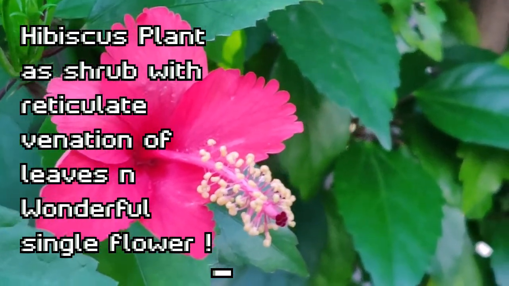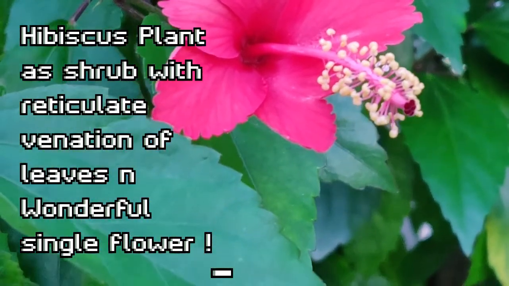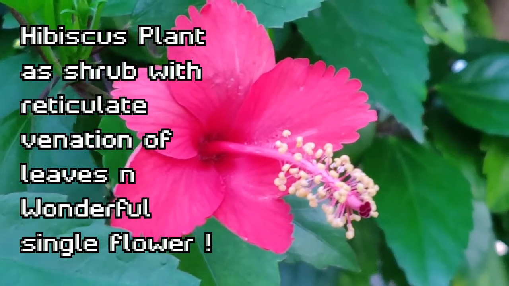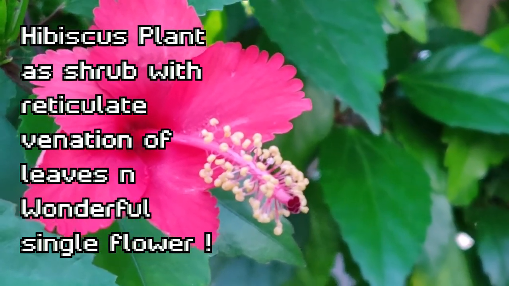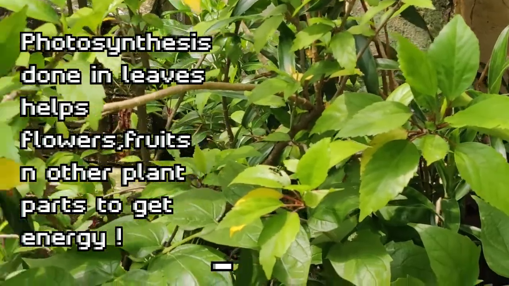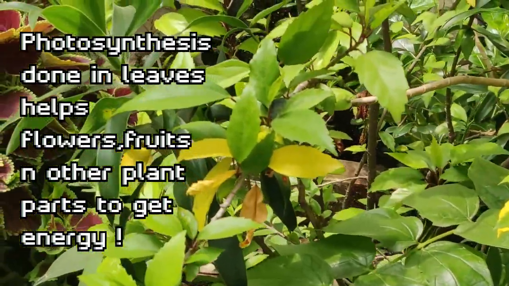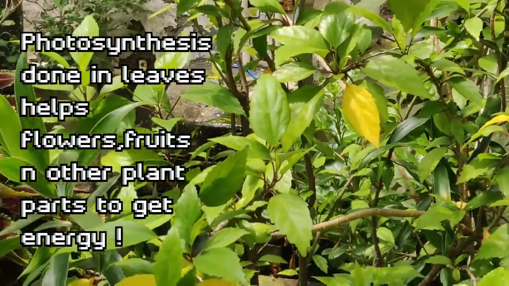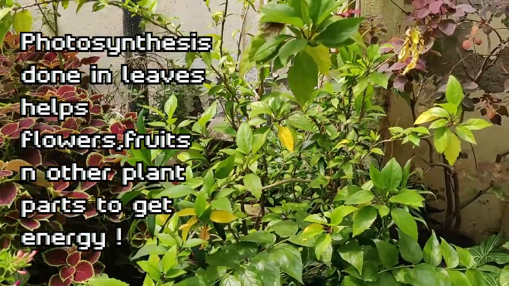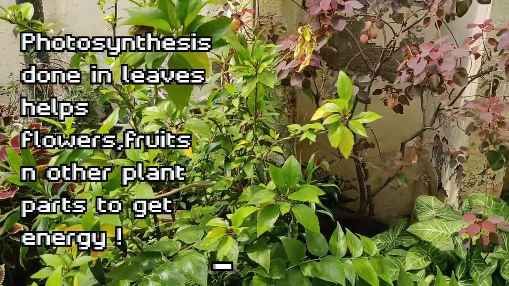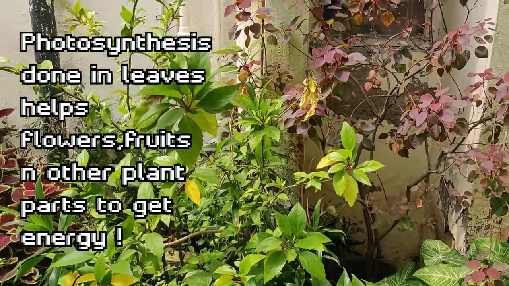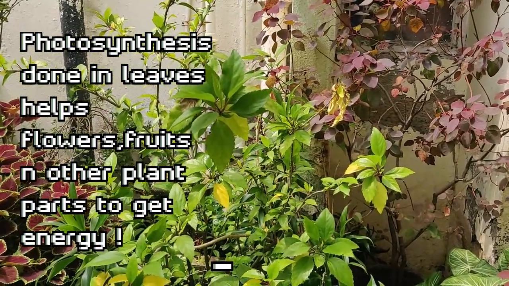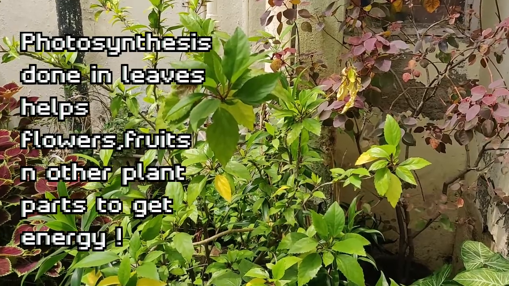See the anthers and stigma, how clearly visible they are in this flower, so we can study about the flowers also. Got the pigment flavonoids. Flavonoids give the orange and yellow color to these leaves. So there are various types of pigments found in these leaves, but the main pigment needed for photosynthesis is chlorophyll, which helps in producing starch in these leaves.